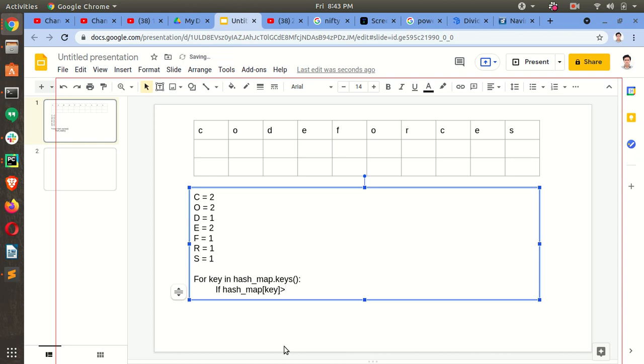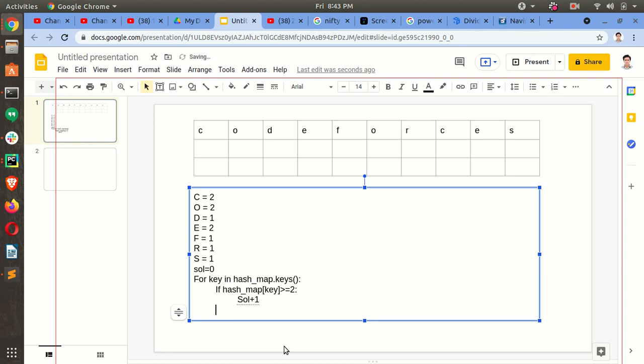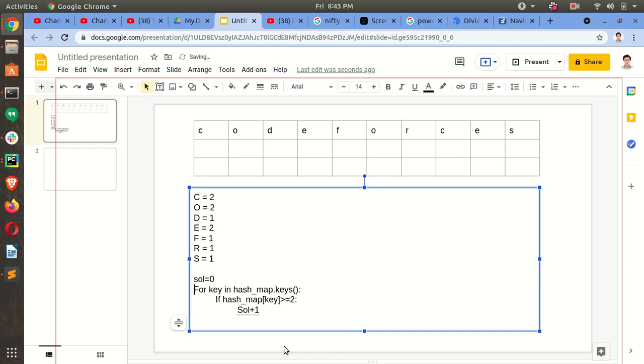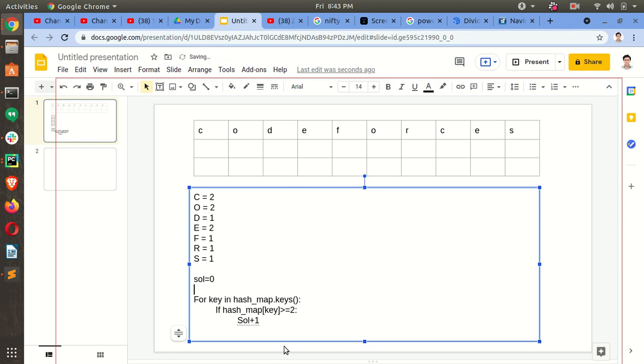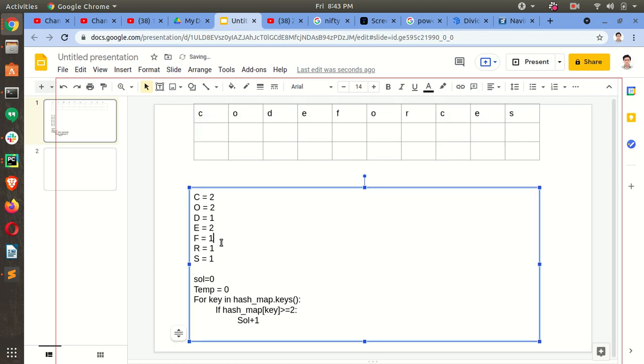If this is greater than or equal to 2, then we simply do solution plus 1. Initially the solution will be 0, and we keep incrementing the solution by 1. We will also make one more variable, temp, as 0. You will understand the use of temp in just a minute.